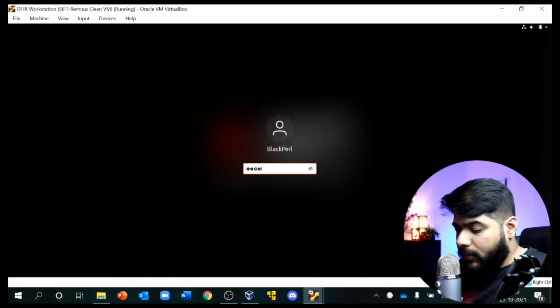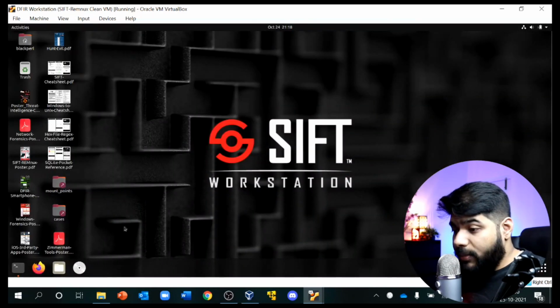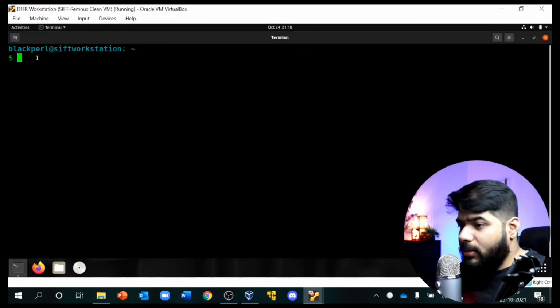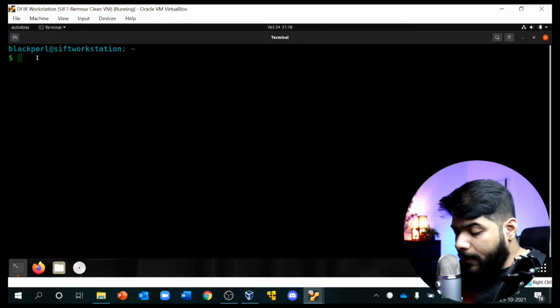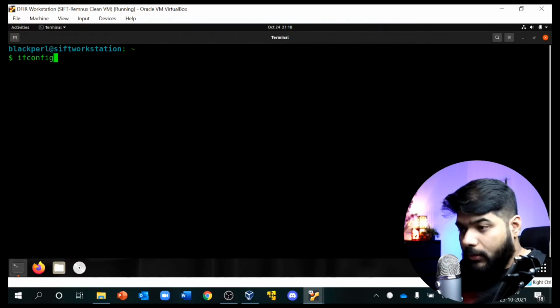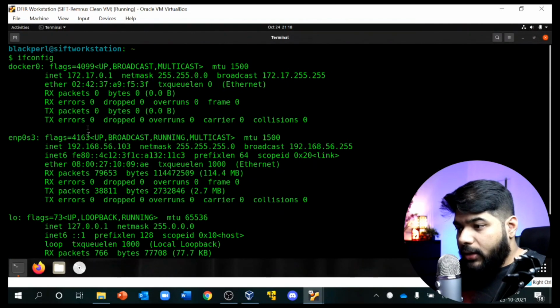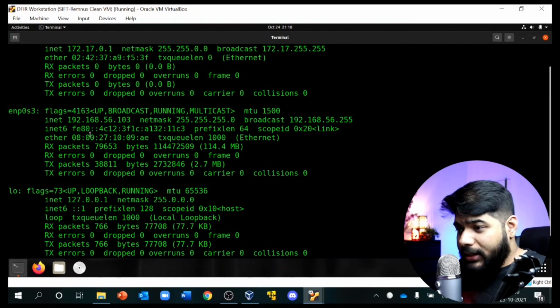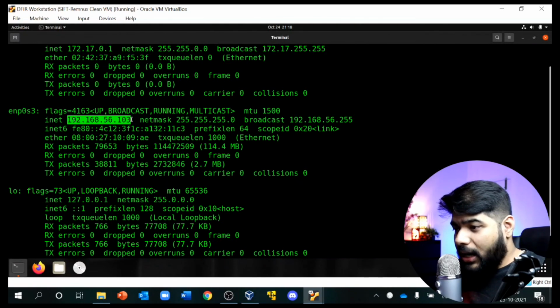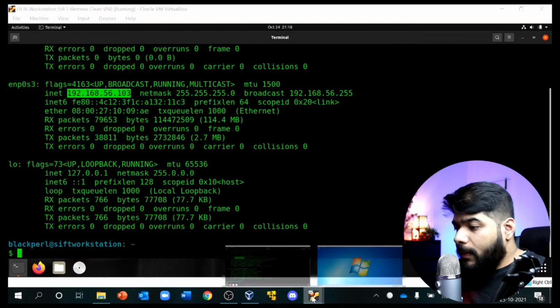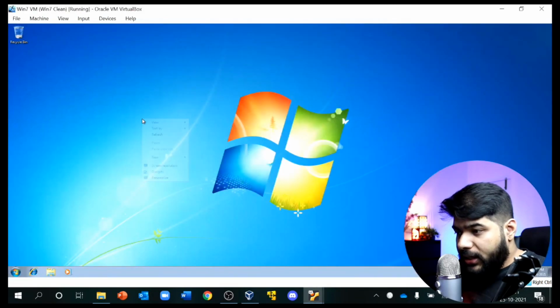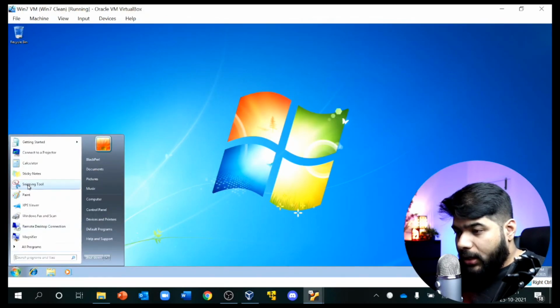So let me log into the forensic workstation right now, and check the IP address of this machine. I'll probably get a private IP address. Okay, so I'll run ifconfig. Yeah, so now you will see that the Ethernet connection is listening on this particular inet number, which is 192.168.56.103. Okay, so now if I go back to my Windows machine, and open the command prompt from here,